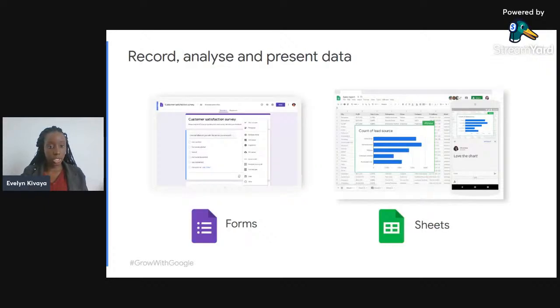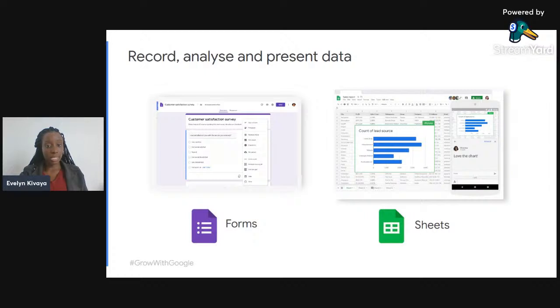Okay, in the next presentation, we're going to look at Google Forms and Google Sheets. Under Google Forms, it is easy to create surveys and forms for everyone. For example, after most of our training sessions, we ask you to fill in an attendance form. We create that attendance form using our Google Workspace tool, Google Forms. You can easily create a questionnaire and send it out to the target audience you want to get data from. That's the advantage of Google Forms.